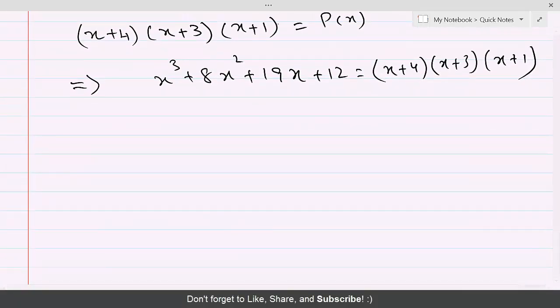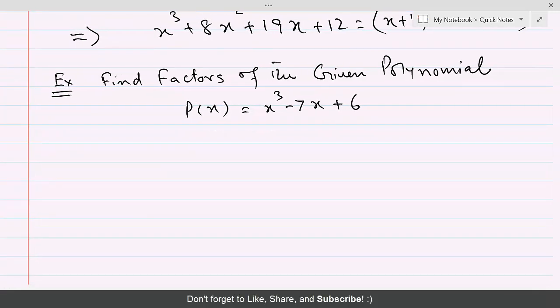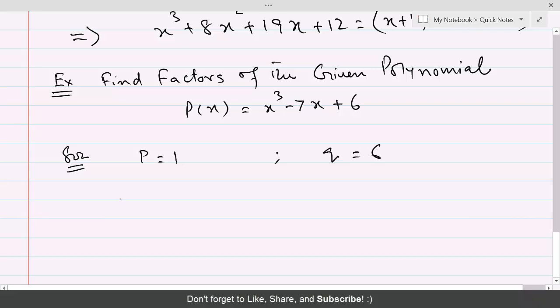Let's do one more question. Here, example: find the factors of the given polynomial p of x equal to x cube minus 7x plus 6. Solution. Here the leading coefficient is 1, so we have p, which is the leading coefficient. Write down p is equal to 1, and what is q? Q is equal to 6, and factors of